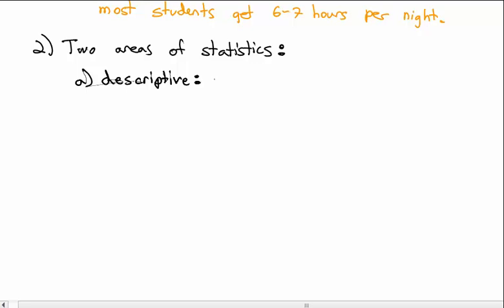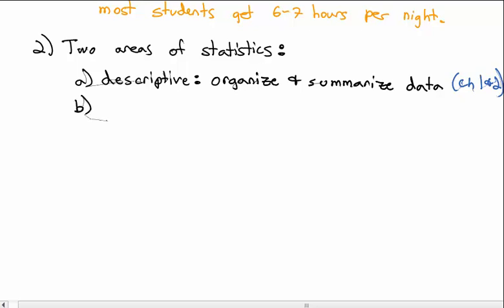And descriptive statistics will organize and summarize data. And that's what we're going to really look at here in chapters 1 and 2. Chapters 1 and 2, we're going to organize and summarize a lot of data